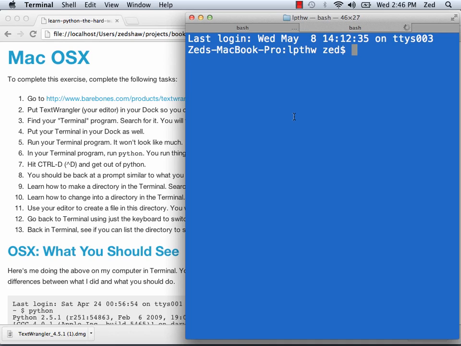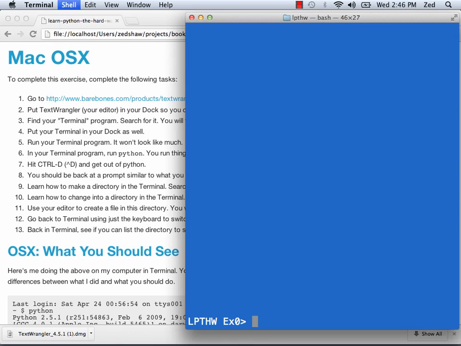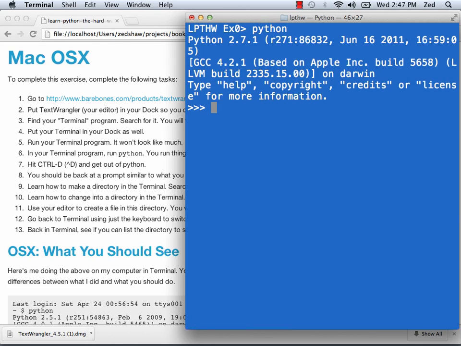It'll say your computer name and where you're at, but I change my prompt throughout the videos. Once you've got that, type, not clear, type python. And then you should see a Python similar to this. If you look at the top,